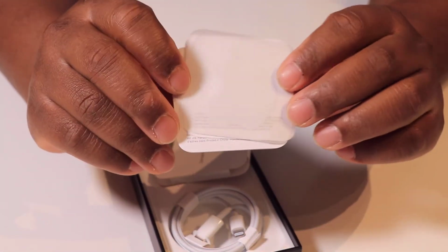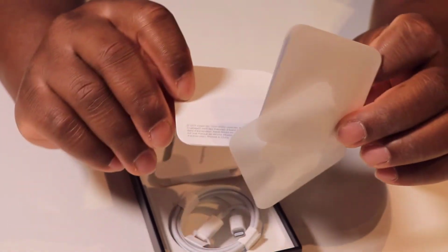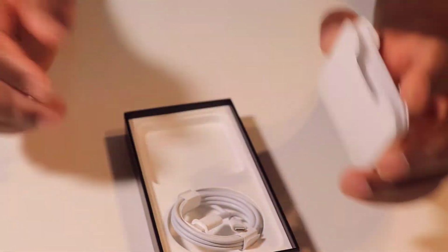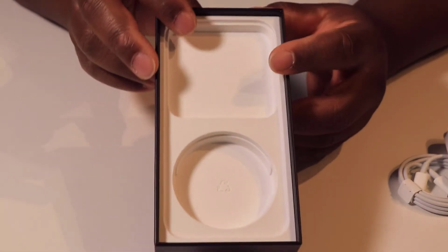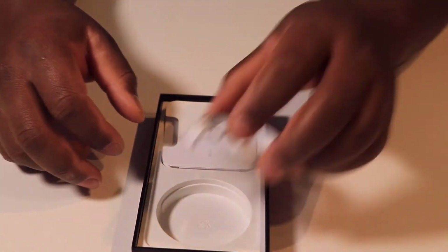We do have the sticker and some documents, and that is pretty much it. Nothing else in the box. Now the box is empty. Every single year they remove a lot of stuff from the box. That's pretty much it. We do not have anything else, and then we can put that aside and focus now our attention on the